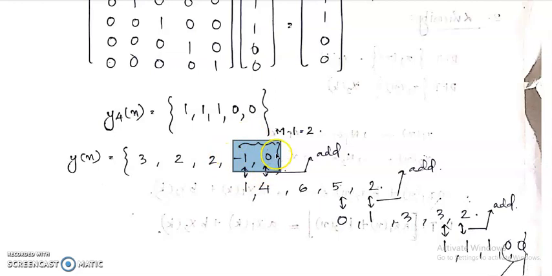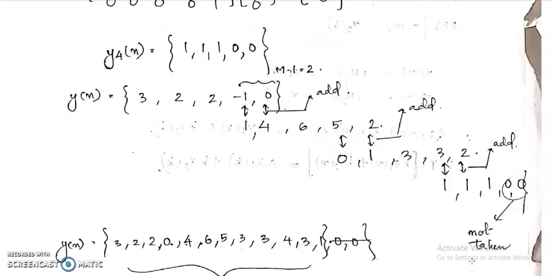The last two elements are aligned with the first m minus 1 elements of the second block. Okay, so first two elements of the second block. Then we write the third block in such a way that it is aligned with the last m minus 1 elements of the second block. That is the last m minus 1 elements of the second block aligned with the first m minus 1 elements of the third block. And then here the third block, the last m minus 1 elements are aligned with the first m minus 1 elements of the fourth block.